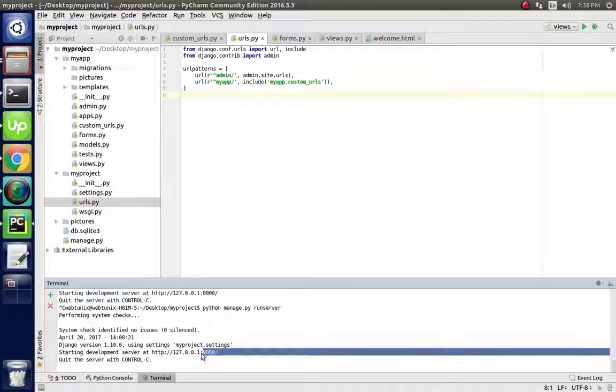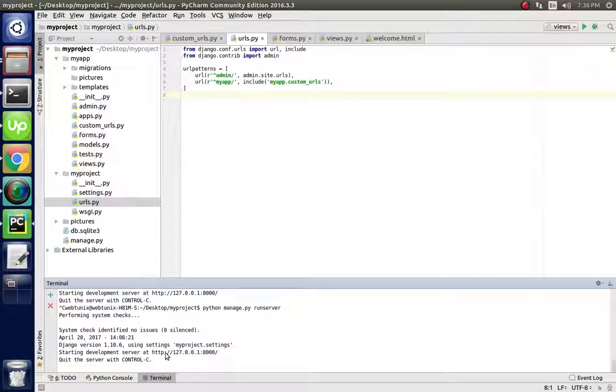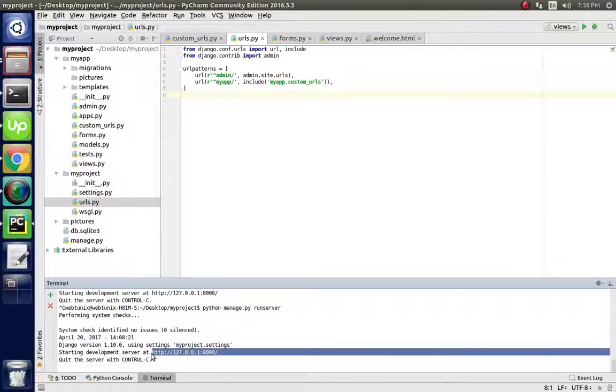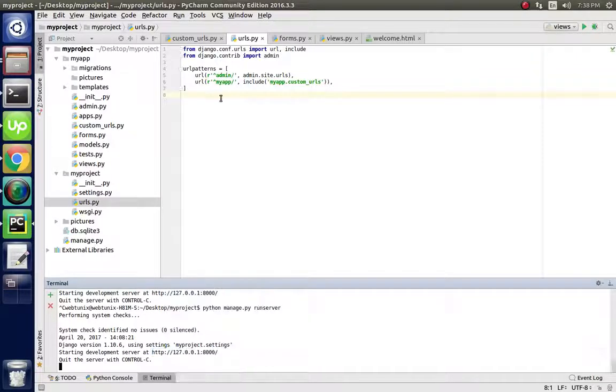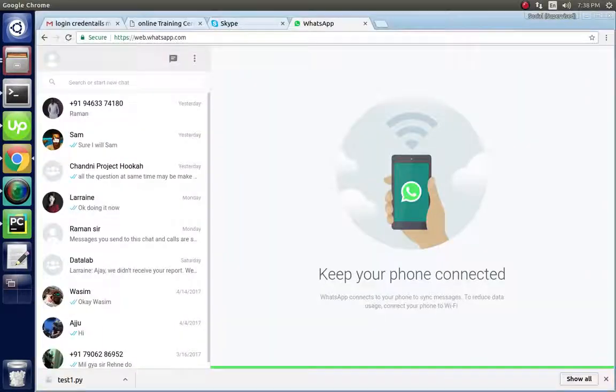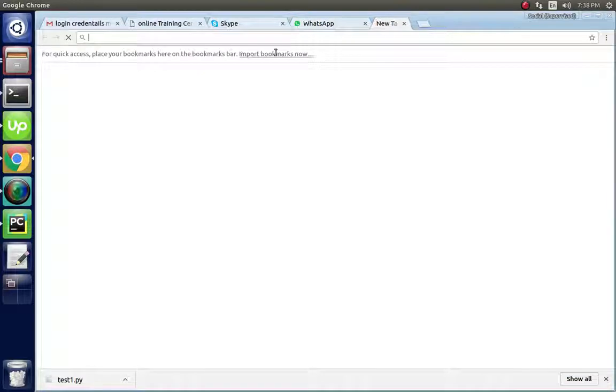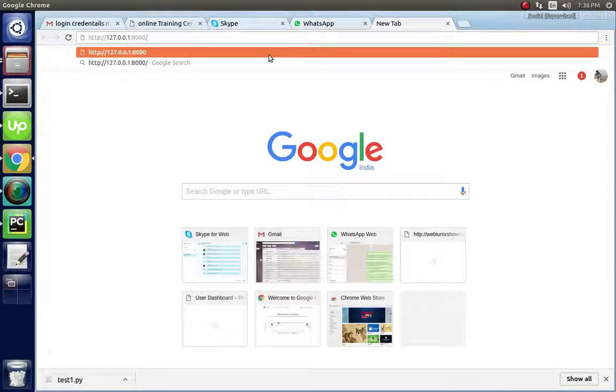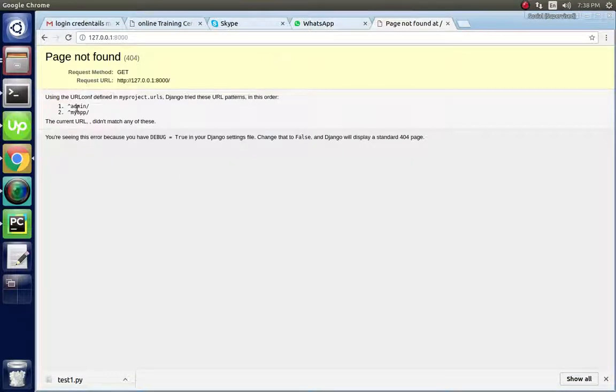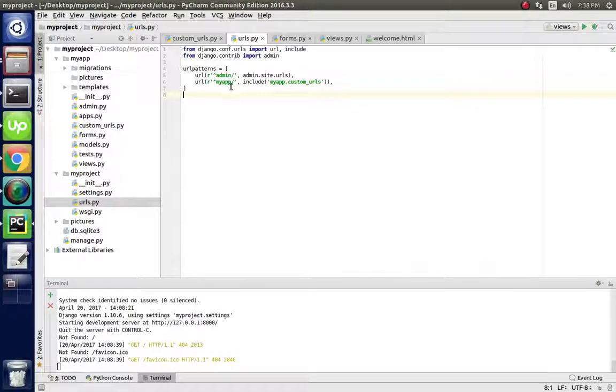Here you will get the URL you have to run on your browser. Just copy it and paste it in your browser. Here I pasted it. Here it defines admin and my app, whatever I showed you already.